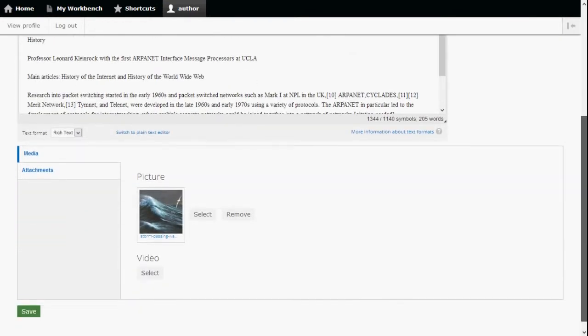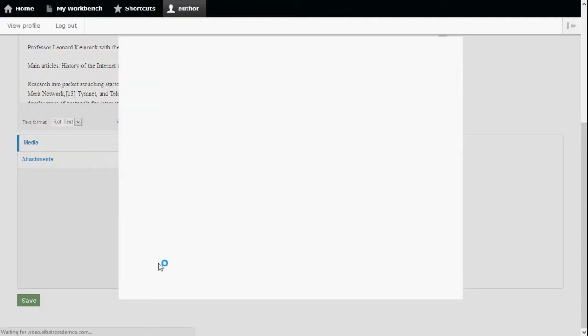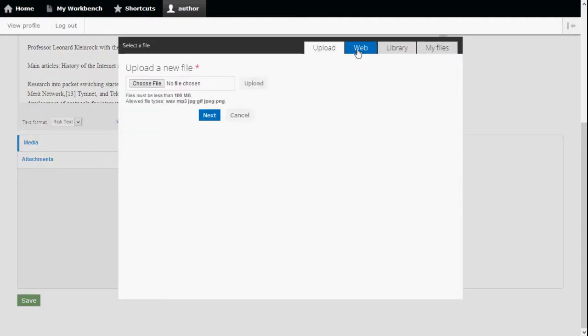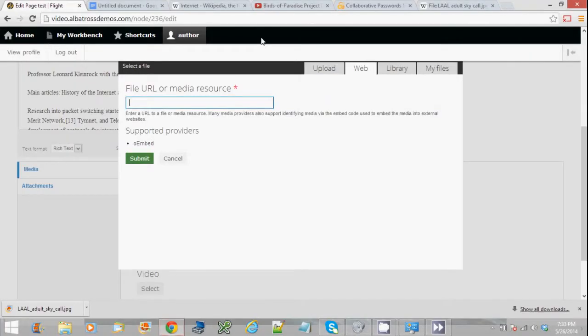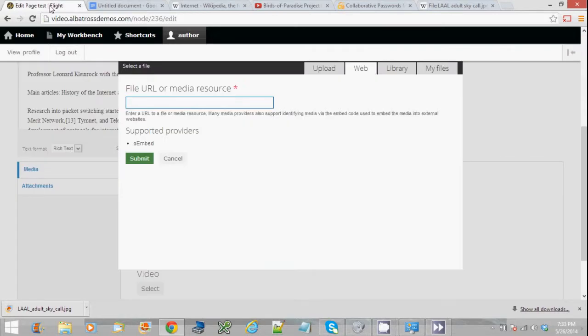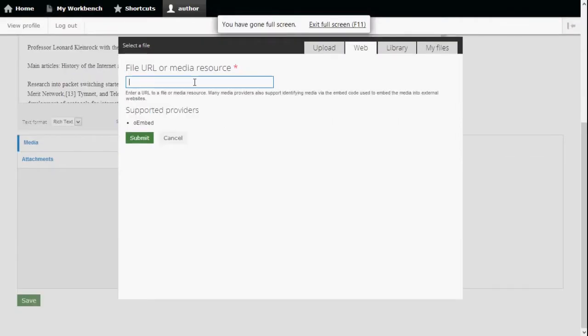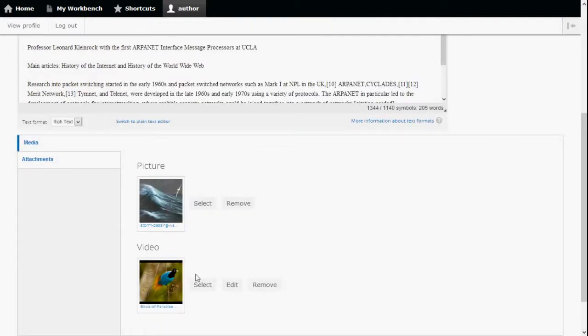Now let's add a video. We're going to scroll back down to the bottom of the page and click the Select button under Video. Then click on the Web tab, and we're going to copy and paste the URL to a YouTube video into this field right here. So let's go find ourselves a good YouTube video, copy the URL, and then paste it into the field. Click Submit,